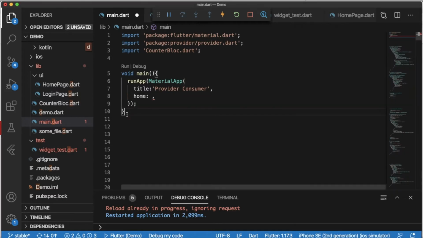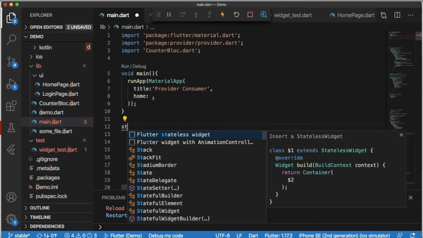First I will create a widget for the design. I will create a stateless widget, because in my previous examples I used a stateful widget, right? And in our earlier sessions we discussed that we can only update the UI when we are using a stateful widget.